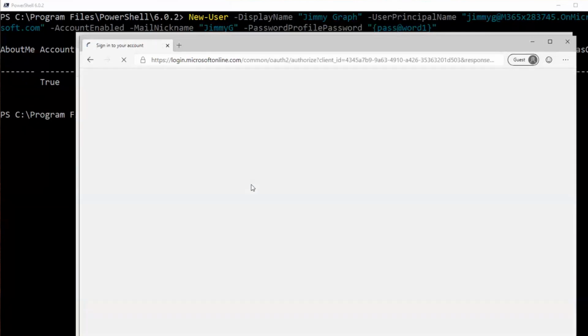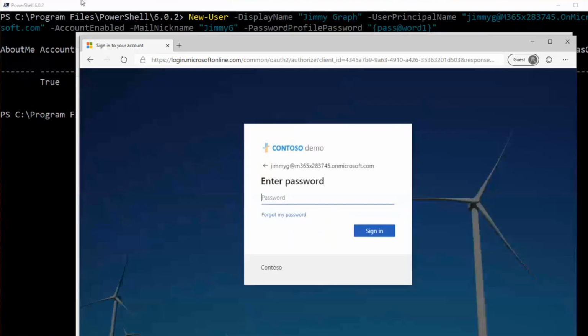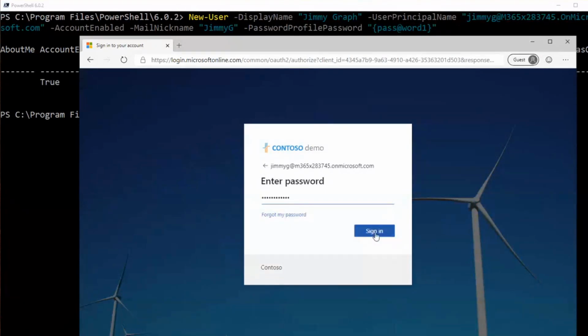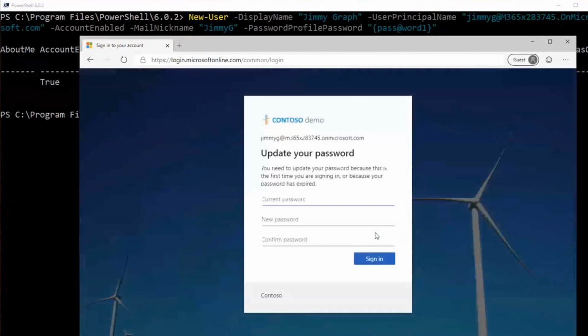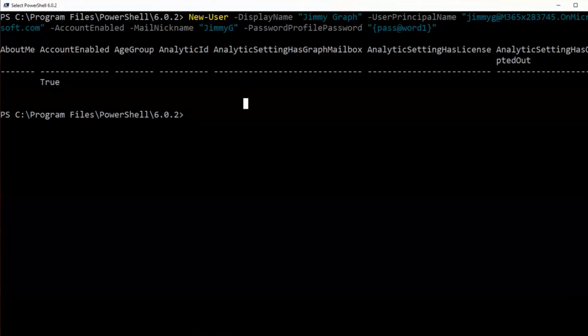So if I try to sign in here as my brand new created user, Jimmy, I'm going to put in the password that I put in here. And it's going to prompt me to change my password. Okay, so I don't want to do that. Let's say, for instance, for demos, whatever. So if I try to do this again with another user, I found that password change at